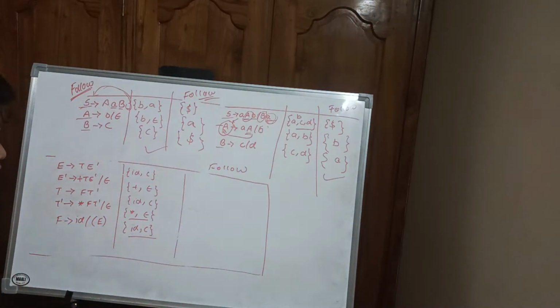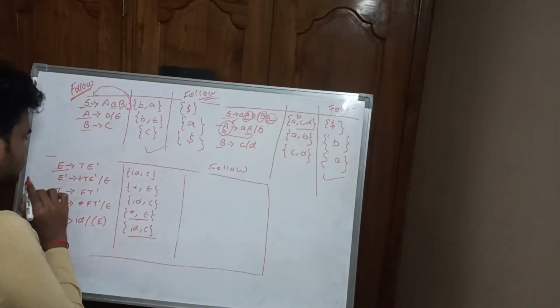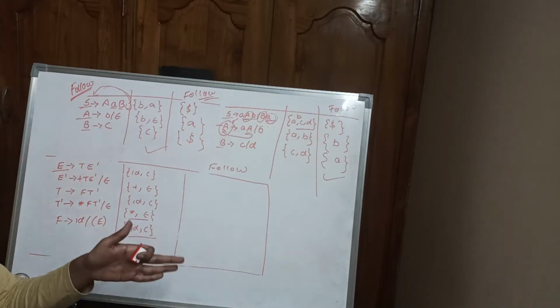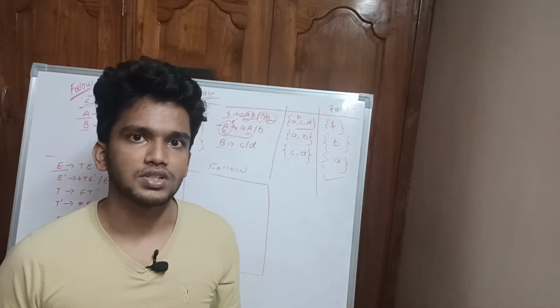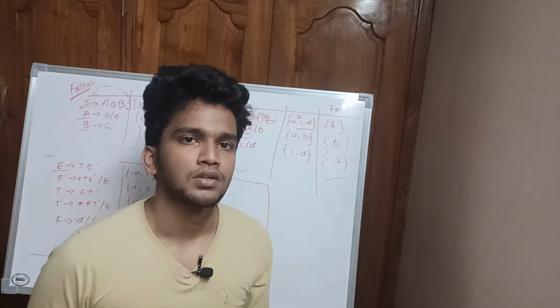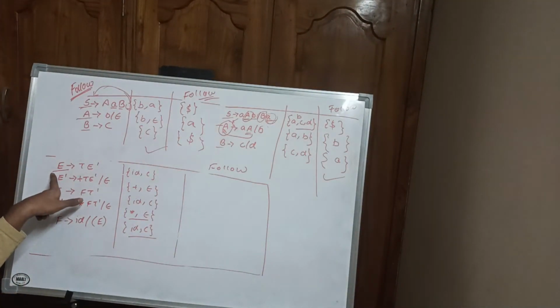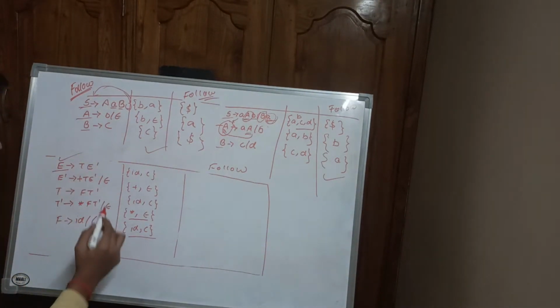Now this is the most important example that you should understand. Now let's calculate follow of E. Here S is not there. You don't consider wherever S is there, that is only the start symbol. Check the productions, how the sequence is generated. Based upon that you decide which is the start symbol. So this is the start symbol here.